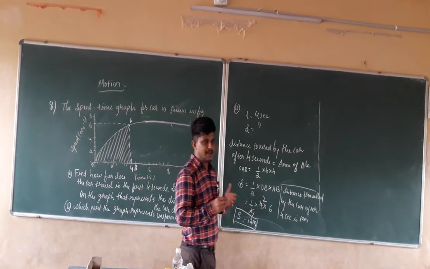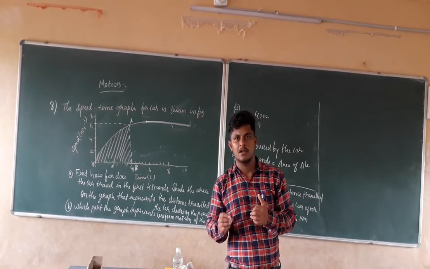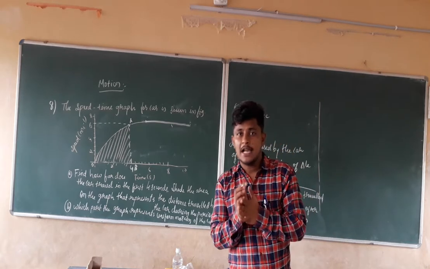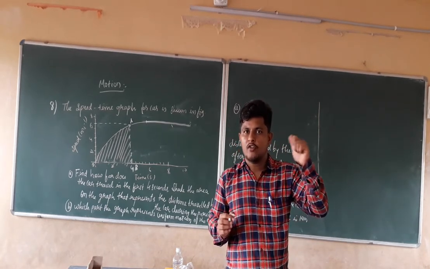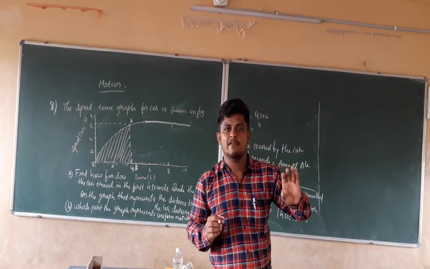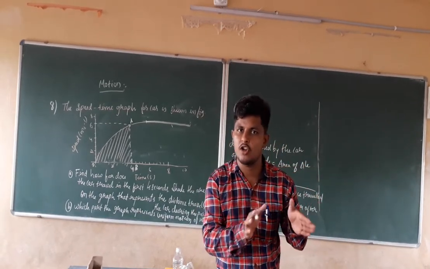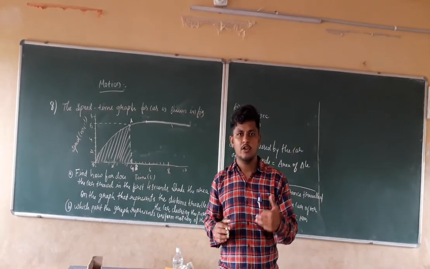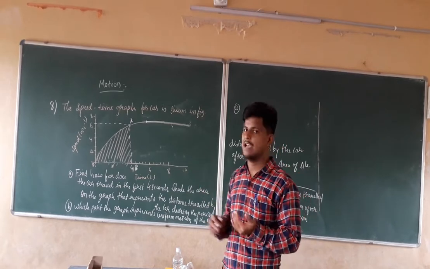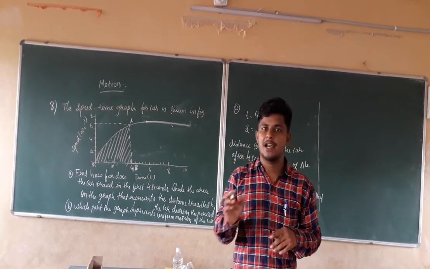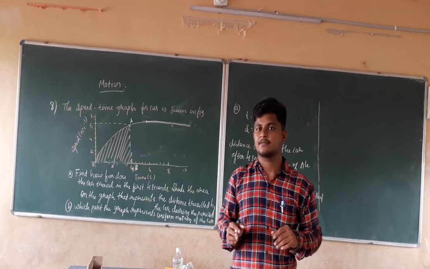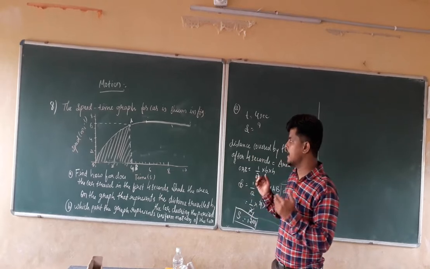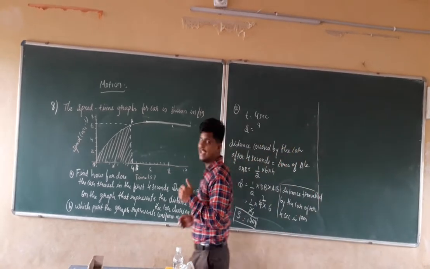If you remember in the graphical representation, uniform motion in the speed and distance graph, if you remember the previous classes, in those classes we discussed that in uniform motion, the speed of the vehicle or the speed of the object will remain constant. If you want to show that in the speed-time graph, it is going to show a parallel line to the x-axis. We have to find that line which is parallel to the x-axis.